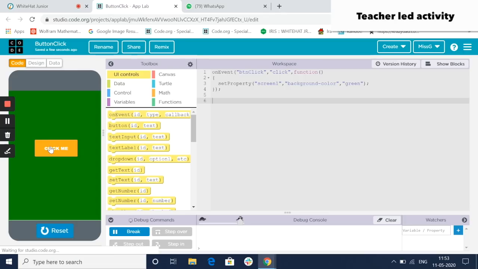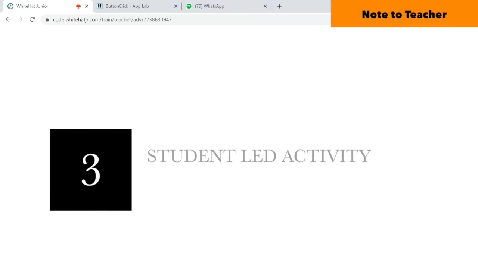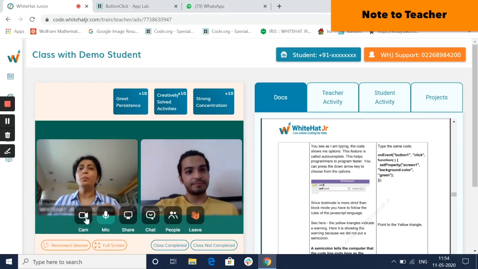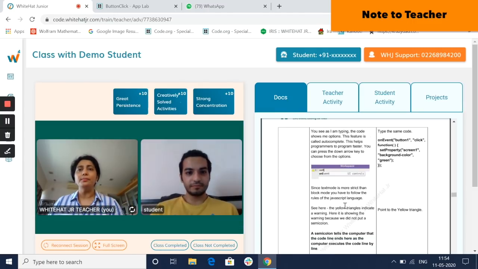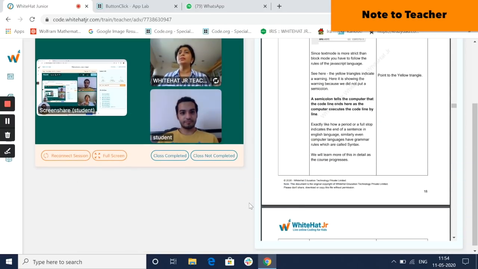And I click. Do you see that? We typed in text mode and you saw how long that takes. So I will come back. I will stop sharing my screen. And I want you to start sharing your screen. Click on the share button, the third button in your video panel. At this point, teachers, you need to go into full screen to observe the code that the student is writing. To go into full screen, this is the button to click. Full screen below the video panel.